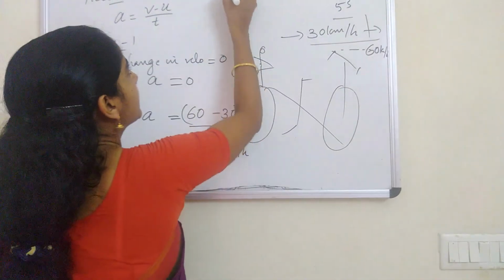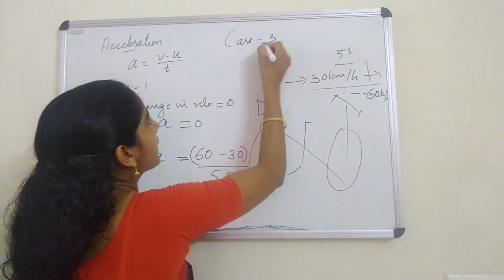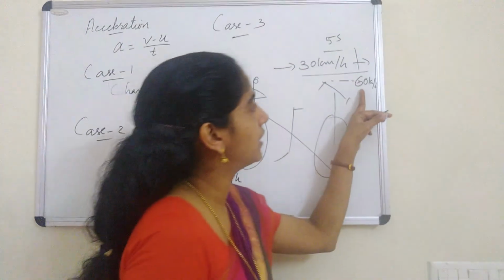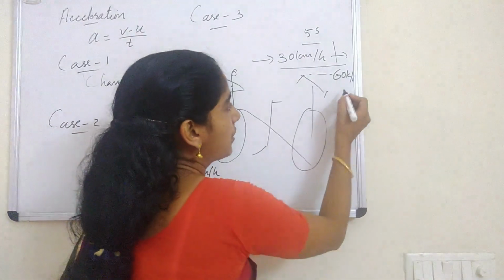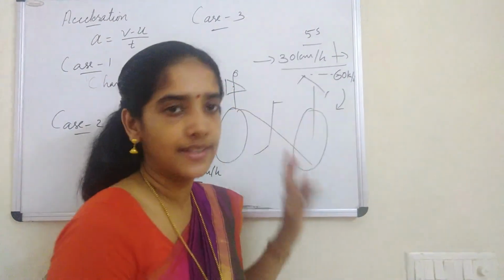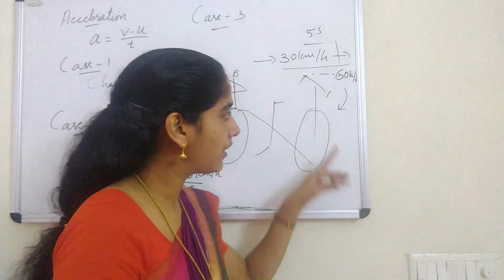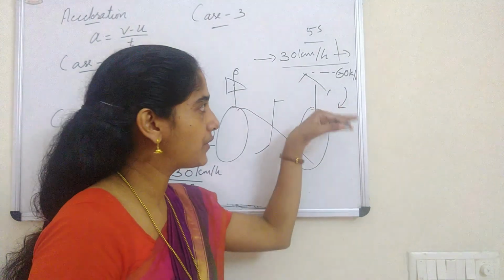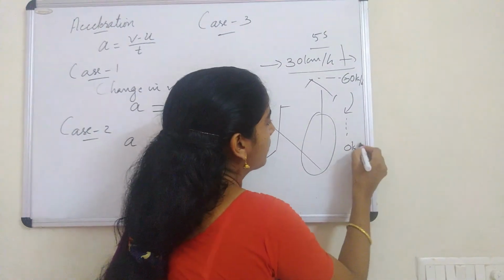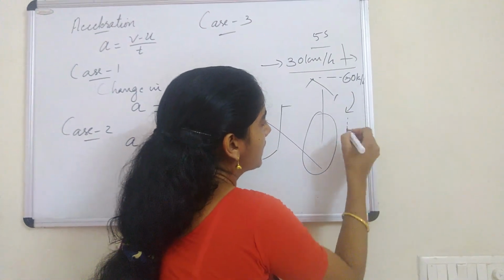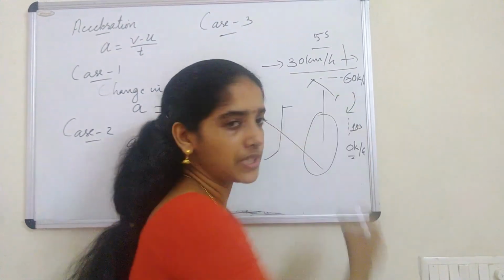And now let's see the third case, case 3. Okay, now you start from here. Imagine that you are at a speed of now 60 and you are about to reach the school. You are near the cycle stand, so you have to apply the brake. Now you will apply the brake. So what happened? The velocity decreases, finally the velocity reaches 0 kilometer per hour. Suppose you took almost 10 seconds for this change.